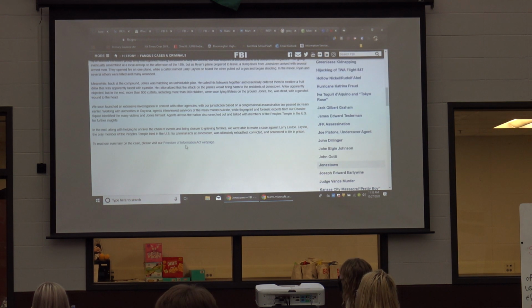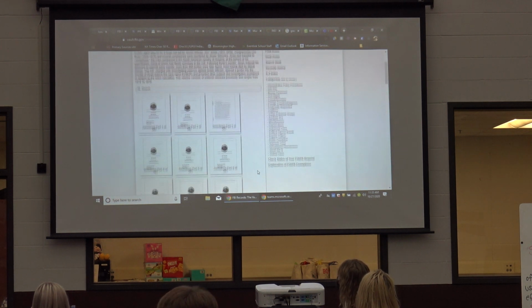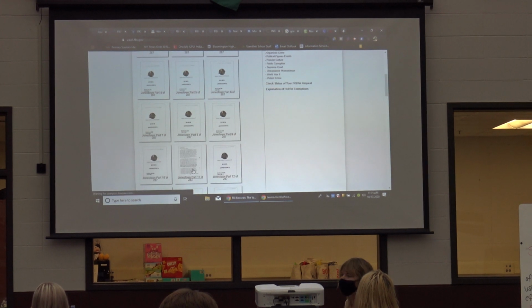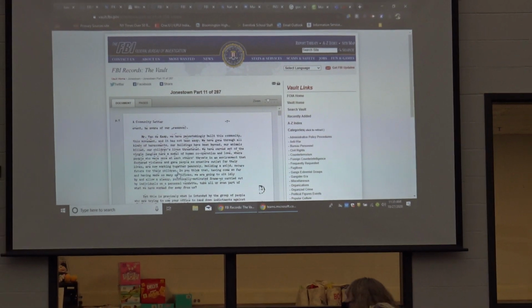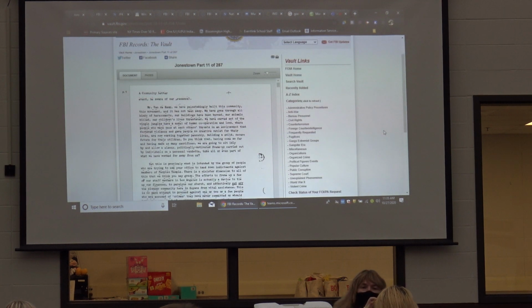But if you look at this Freedom of Information Act, this will give you some more information about Jonestown. And once again, as being an investigator or a researcher, which is what you are doing, this is going to give you some artifacts that will help you do your presentation. Now, what's neat about the Freedom of Information Act is there are some things that our